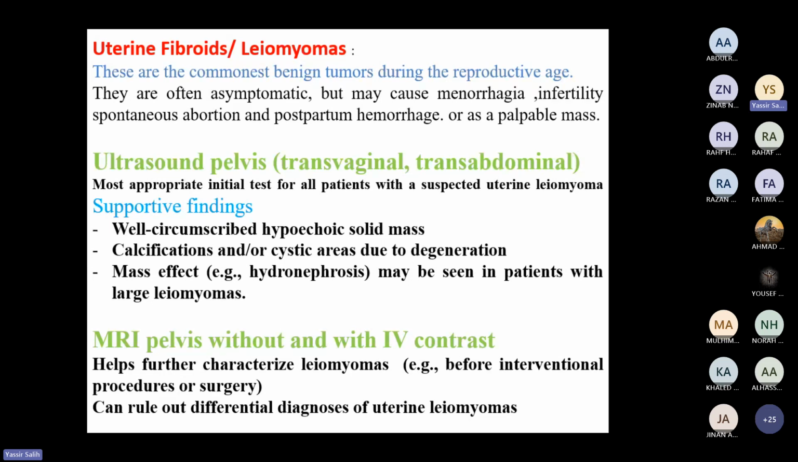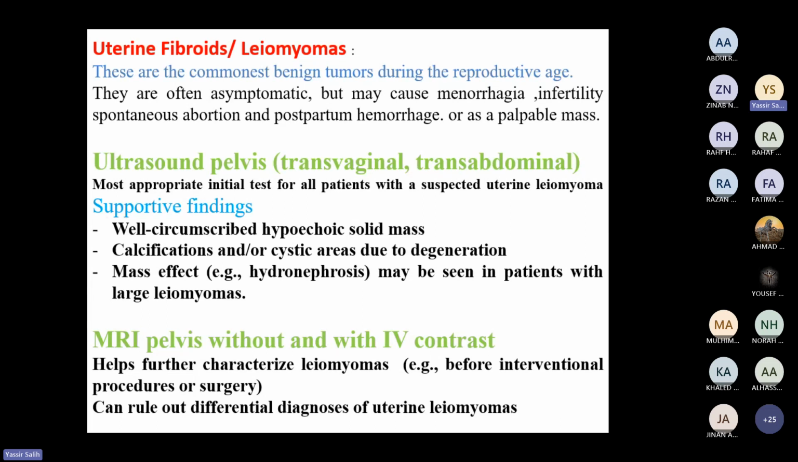It can cause mass effect, meaning it may cause pressure on, for example, the ureter and cause hydronephrosis, but this is not common unless we have a huge fibroid. Of course, we said ultrasound is the initial and appropriate test for assessment of this leiomyoma. But sometimes you can do MRI if the ultrasound is inconclusive, and it can be done for further assessment of